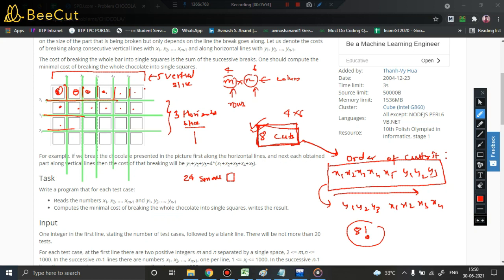For each cut that you are making, if you are making a cut along this edge, you have to incur some cost. Along this edge, this edge, this edge, along every edge there is a cost associated with it. Now we have to minimize the cost. You have to perform 8 cuts, but in such an order that the cost that you are incurring is minimum. Now let's make it more interesting and easy.